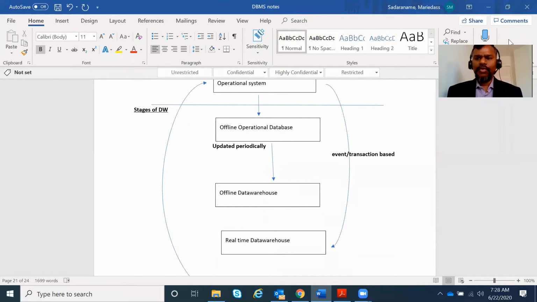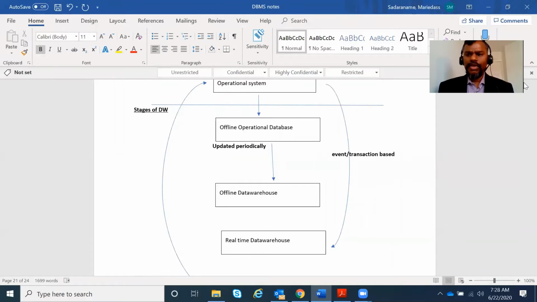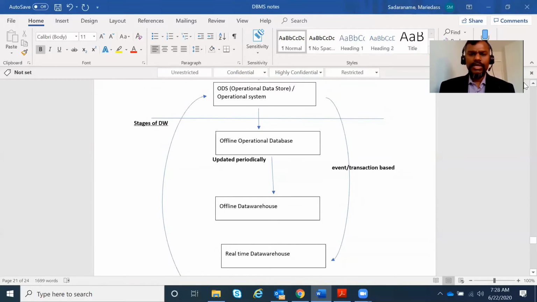So how does the data flow through, or what is the evolution, you can use the term evolution of data warehousing. So the first stage of data warehouse is called the offline operational database. There is an offline database. Still, I have not used the term data warehouse, but there's an offline operational database. What it means is,